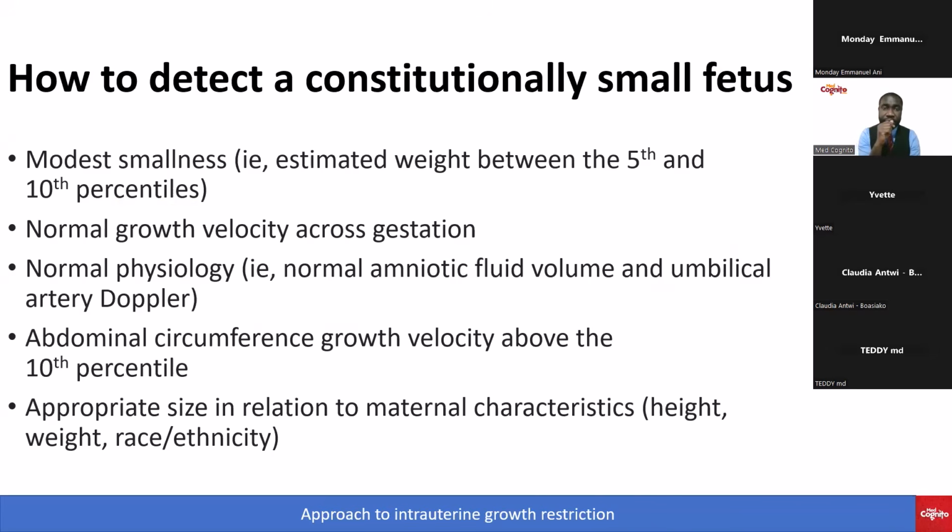Number one, if they are modestly small. So, if their estimated weight is between the 5th and the 10th percentile, that should not cause so much alarm. Number two, even though they are small, you realize that they have normal growth velocity, right? They are small, but they are growing normally, as far as how the fetus should grow is concerned. Number three, if they have normal physiology, for example, if the amniotic fluid volume is